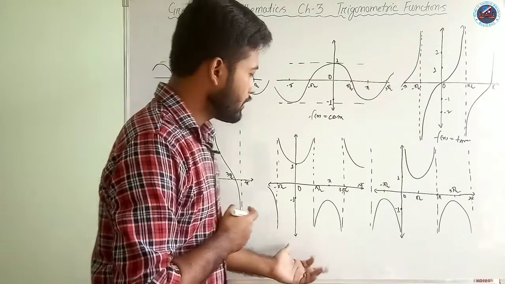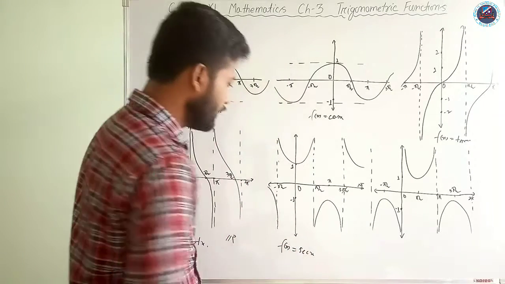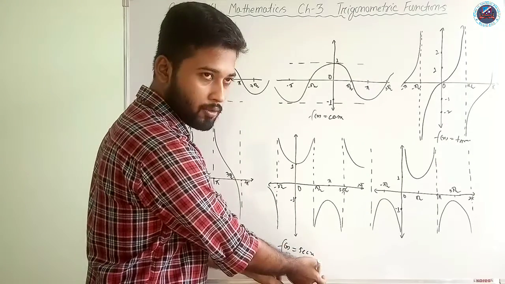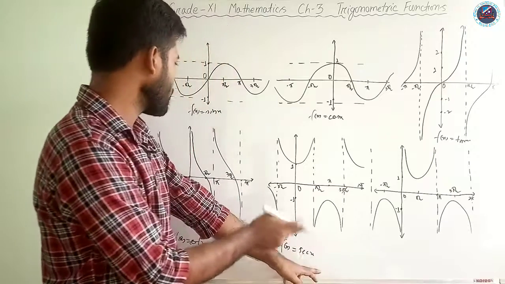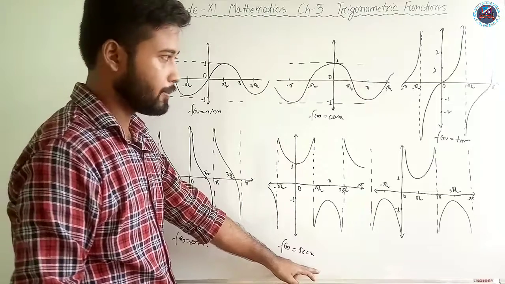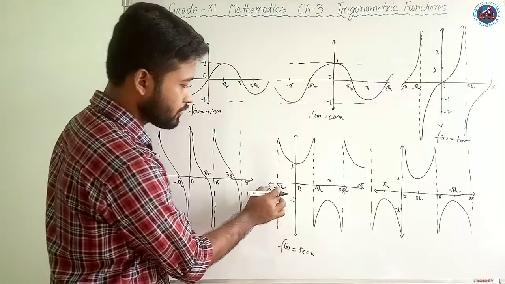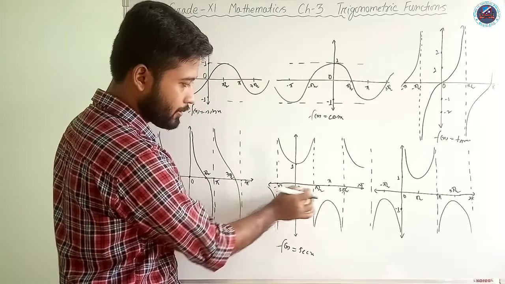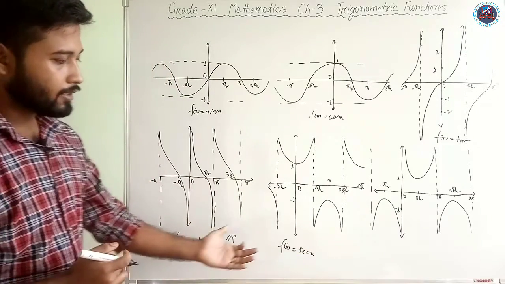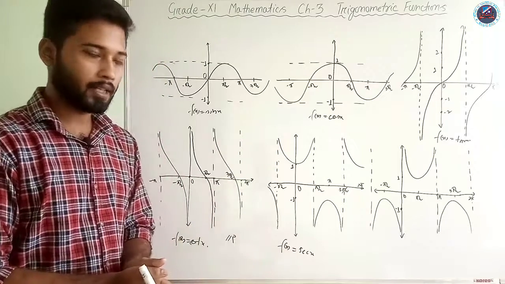Now for the case of sec, in the sec function, similarly we have not considered some points in the domain. What was the domain? Sec means 1/cos. So for cos, we shall not consider the points which are odd multiples of π/2. That means the domain of tan and sec is the same, and so we have not considered the points -π/2, π/2, 3π/2. Okay, and you can see, what is our range of sec? It is R minus the open interval (-1, 1).